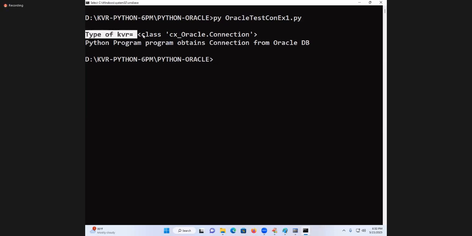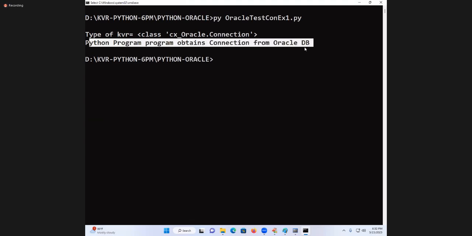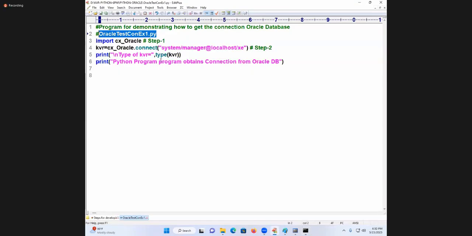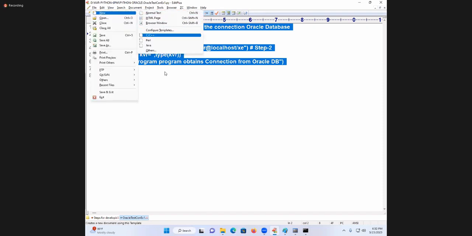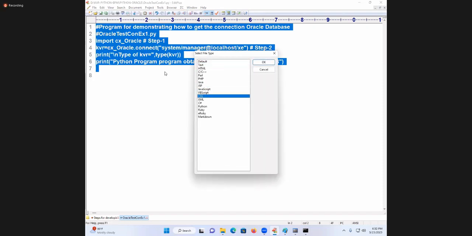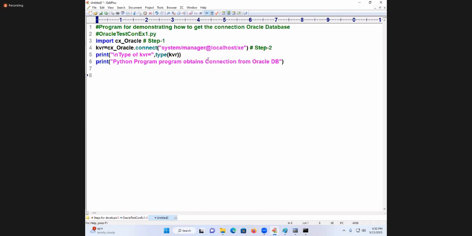Type of con is what? It is a class from the cx_Oracle module. There is a class name called what? Connection. Python program obtains connection from which database? Oracle database. So it was up to here. Nice. Same thing. You can pass it like this. You can use it like this also. You see, in place of localhost, I can write